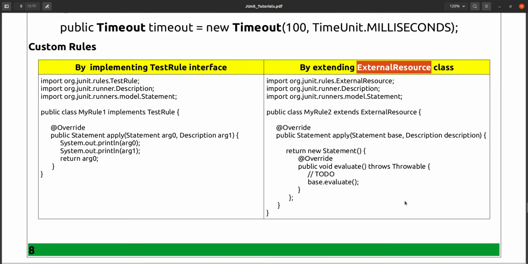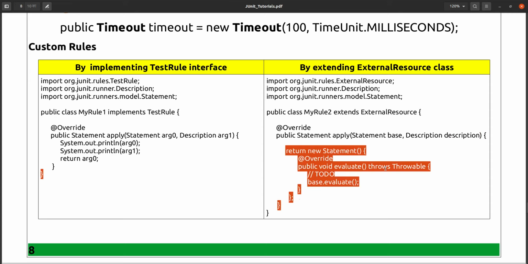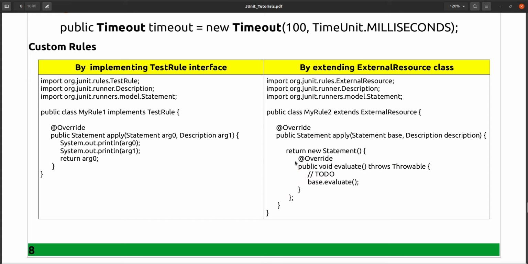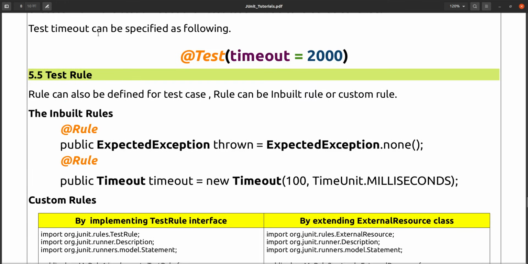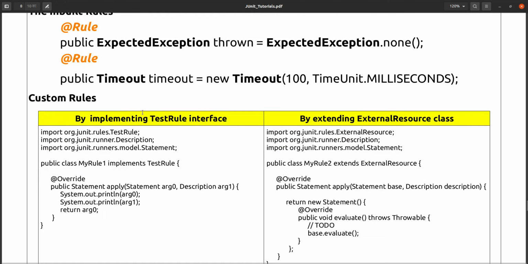Or using ExternalResource also you can do it. Inside ExternalResource also the same method is available. Here it is a statement, here is a description, and you can give the implementation in this way also, or as per your requirement, as per your need, you can define your rule implementation here. It will be executed. So like that you can create test rules.